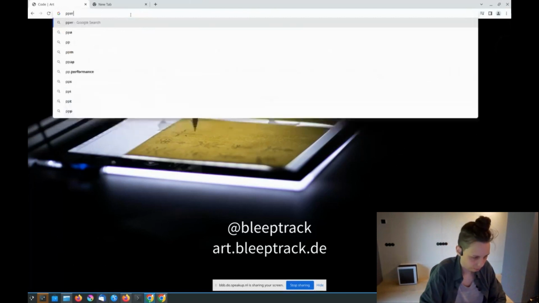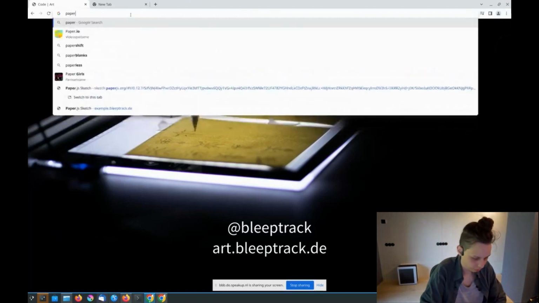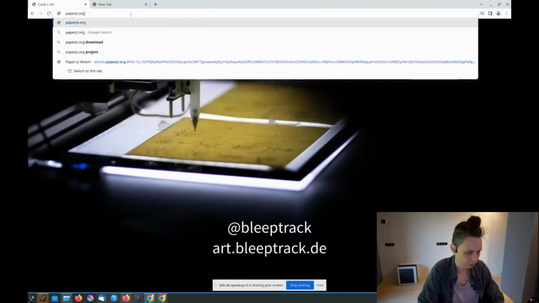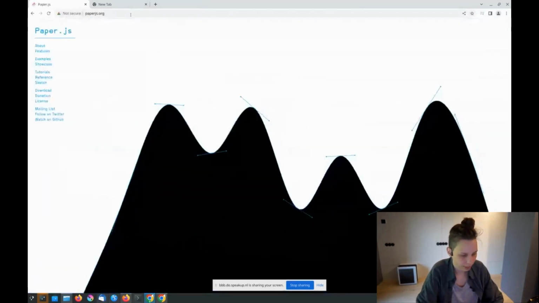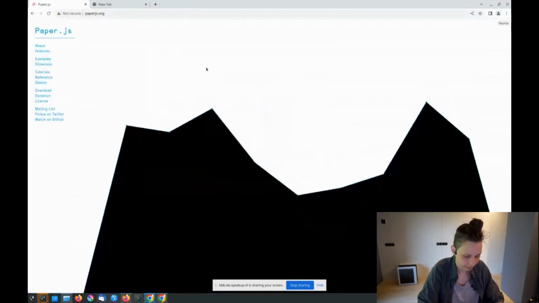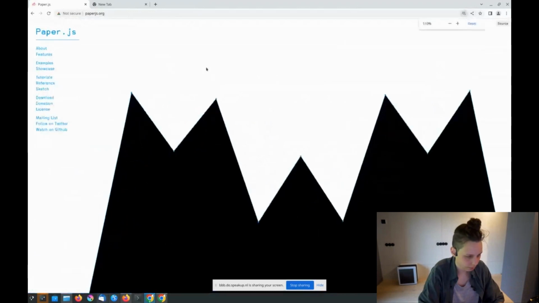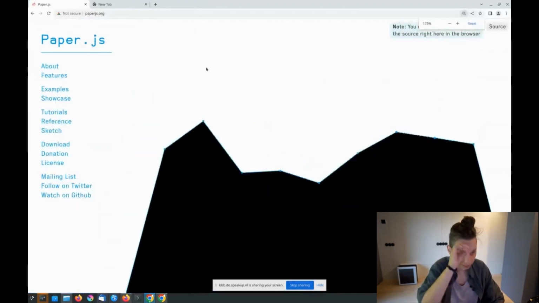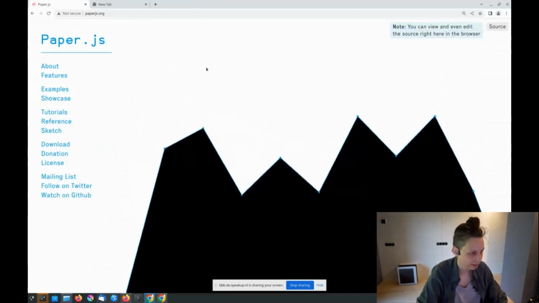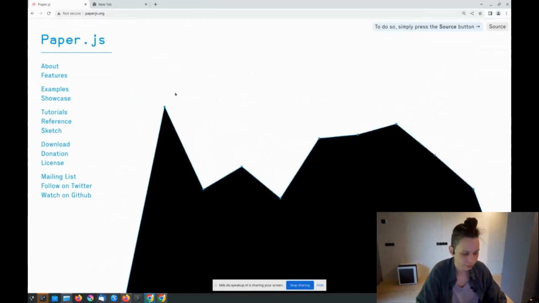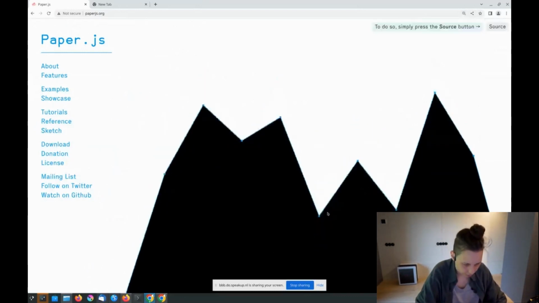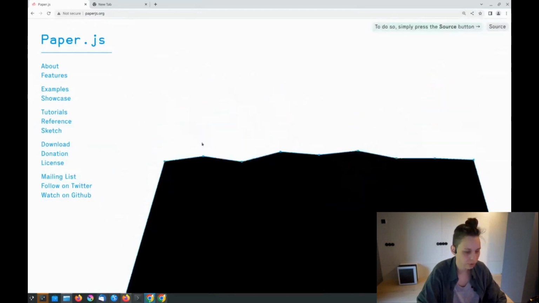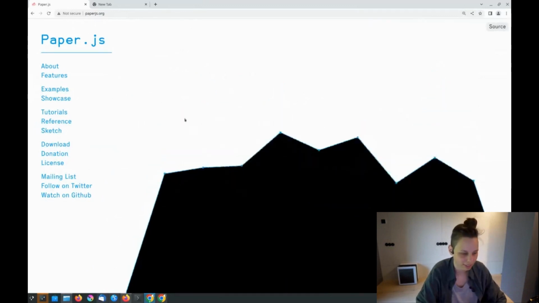Let's see, paper.js.org. This is where we want to go now. And you should end up at this site, and I will zoom in a bit, because otherwise it might be a bit too tiny. All right, I already have the page open. That's awesome. So first, this is interactive and wobbly, and this is already fun, but we have two